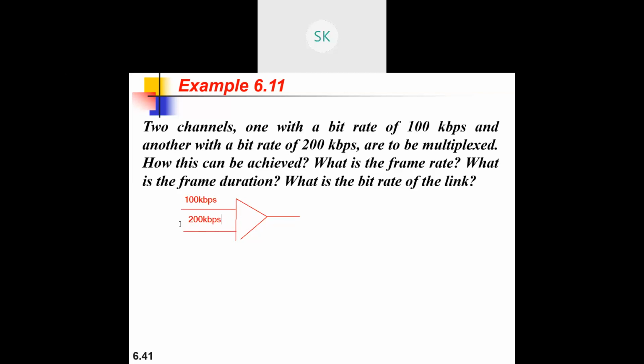You understood this? You might be asking why this particular 250 frames per second? Because they have given that one character from each particular source. So one character means 8 bits. So 250 characters you need to transmit. So 250 frames per second is the answer for it. Understanding it? We'll quickly move on to the next particular problem. One more problem, let's try to solve that.